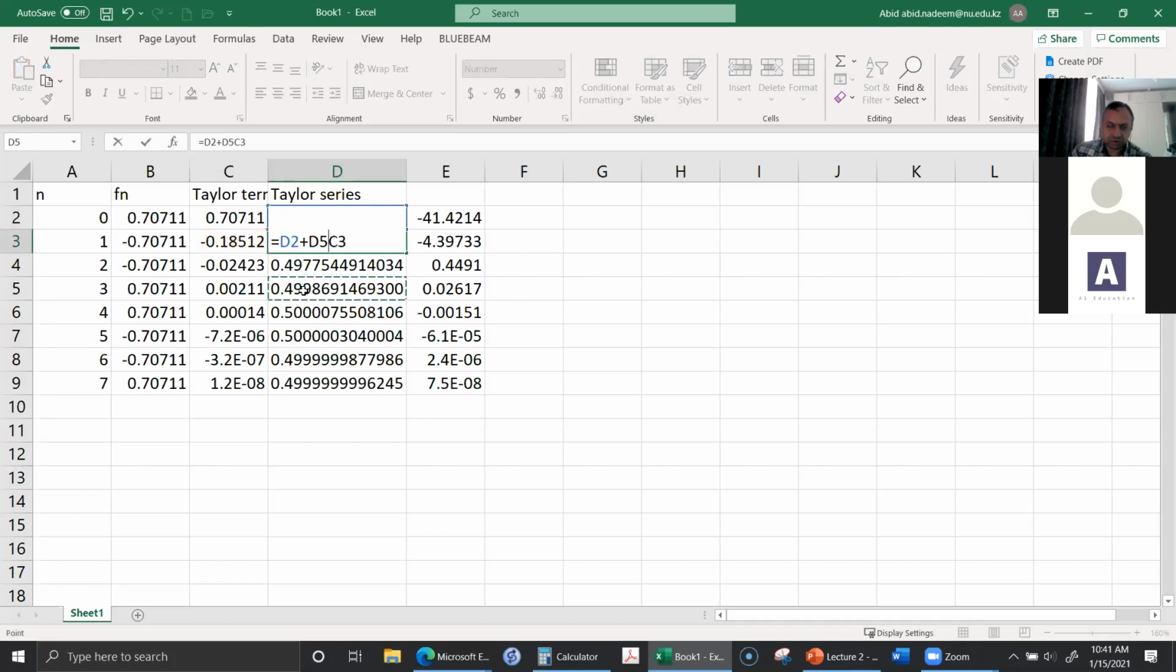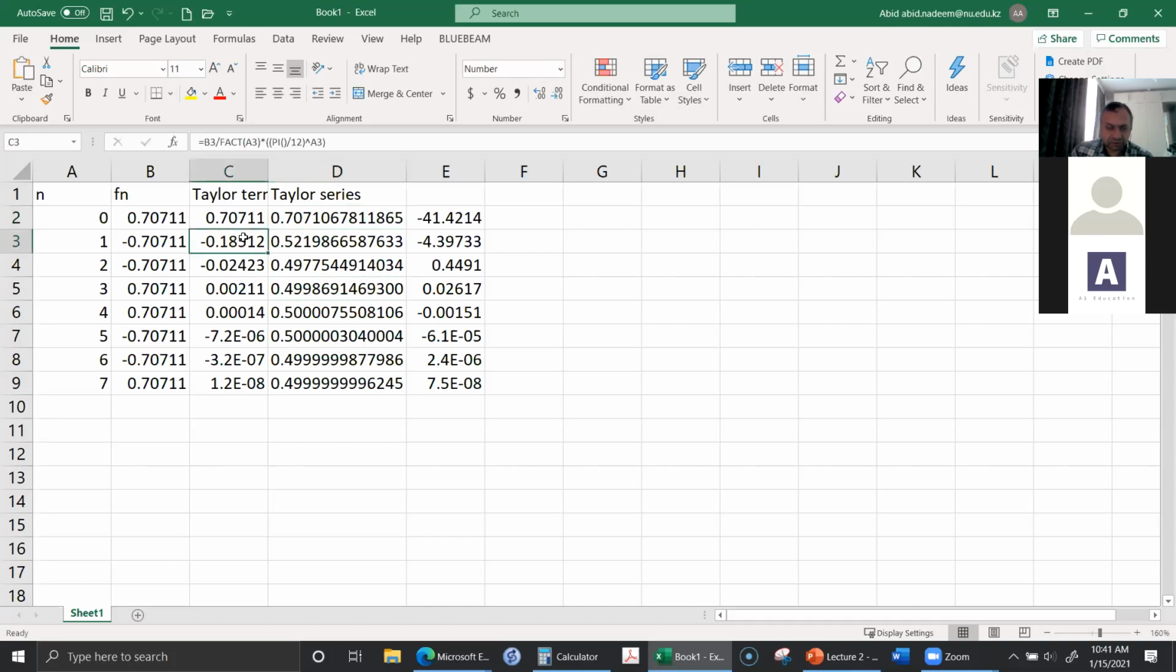So this value is the sum of this value over here plus this. Okay, similarly this value, the third one, is the sum of the previous value plus the additional term, and this value is the sum of this previous value plus this additional term. And here you can see that the values are gradually converging over here. And in the last column,